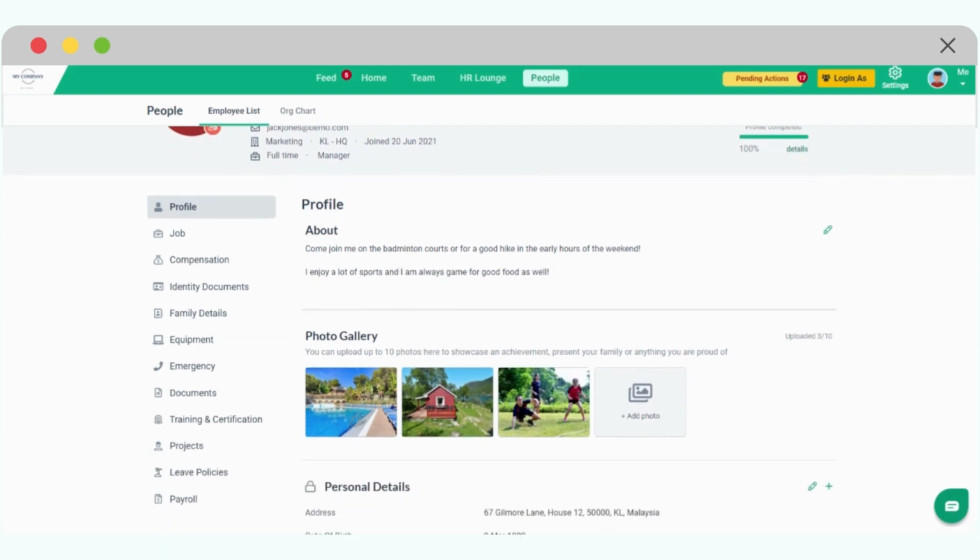Then you will see the About Me section. The About Me section helps you share a bit more about who you are, what you like, what your hobbies are, maybe upload a few photos as if you had a virtual desk. The idea is that you will be able to share more than just an access to an HR software, but in addition to that, you will be able to share some information that will help you know a bit better about your colleagues, and in exchange, of course, help your colleagues know you a bit better.